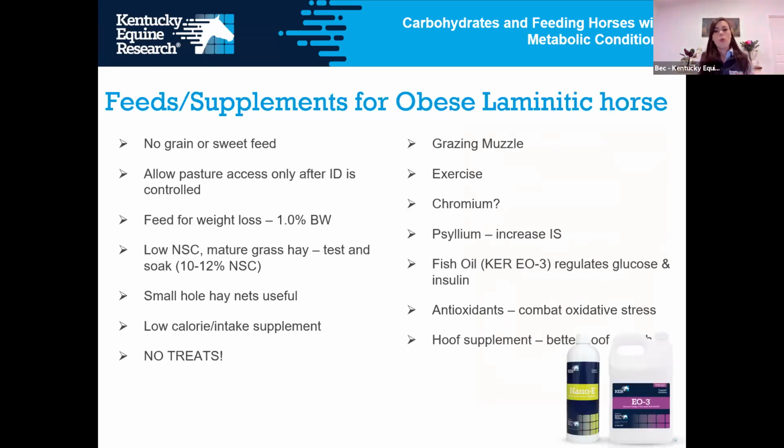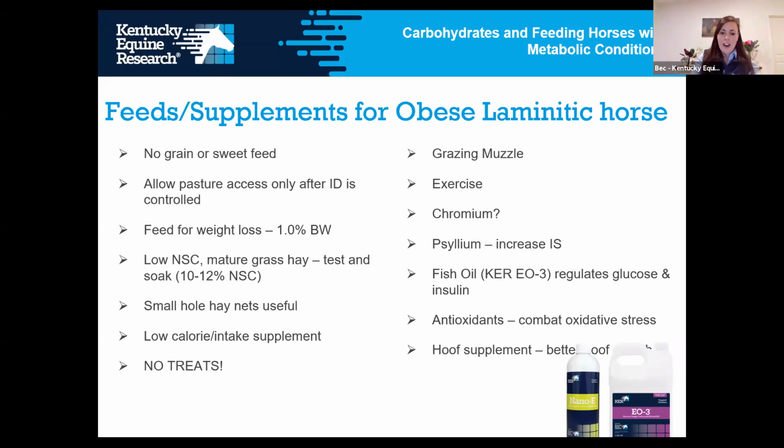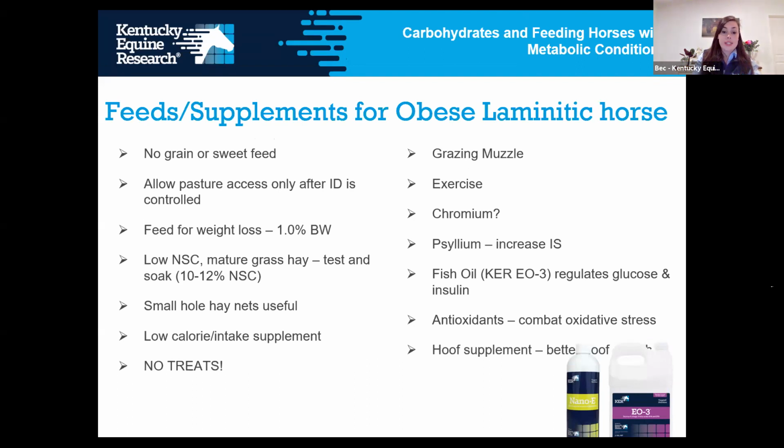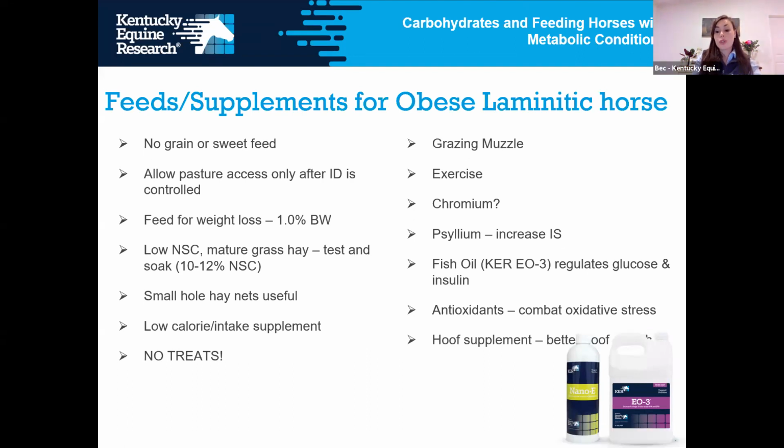Looking at long-term, or more the general feeding strategy for these types of horses, we are going to try and steer clear of these grain and sweet feed options. However, don't be 100% frightened if you see a grain byproduct or mill run or something like that on an ingredients list of a premixed feed or of a supplement. A lot of balancer pellets will use that, and that's okay, because remember, we've got a very, very small intake rate, maybe a kilo, maybe less. So it's contributing a very small amount to the overall